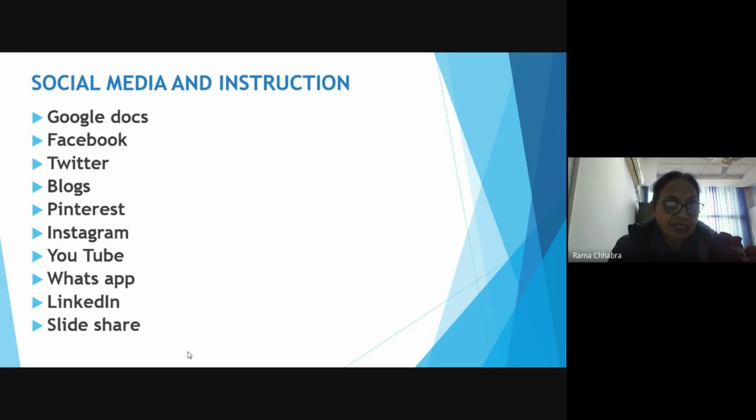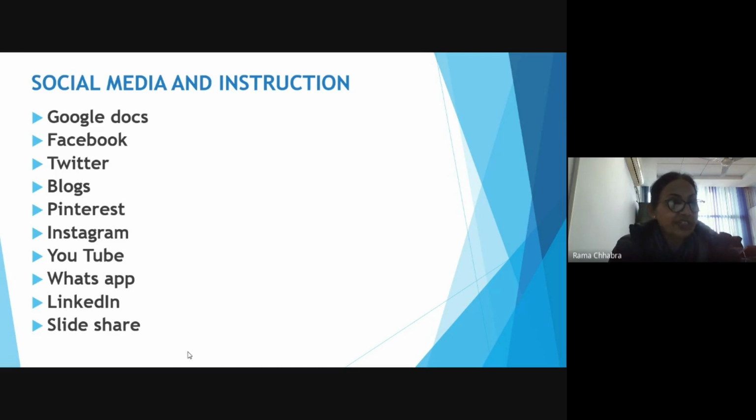LinkedIn. These days, I think it is one of the important platforms for professional networking and social credibility. Students can create their profile, which helps them in getting employment. Teachers can also find experts in their subject areas, the different professionals available in their subject areas through this LinkedIn